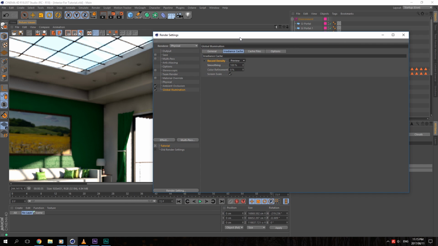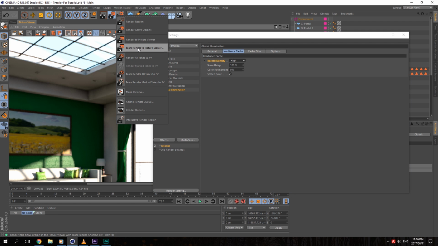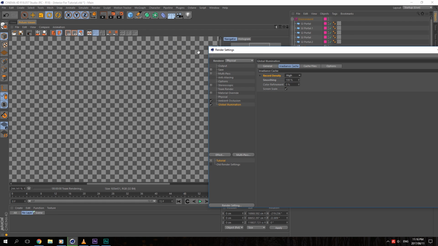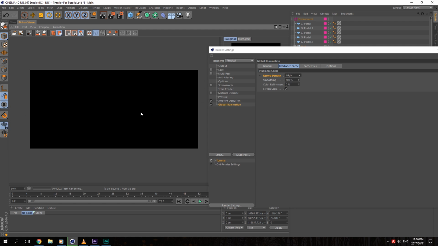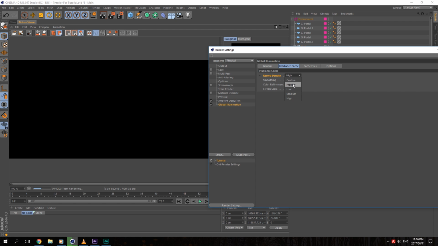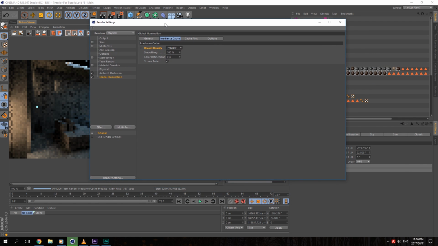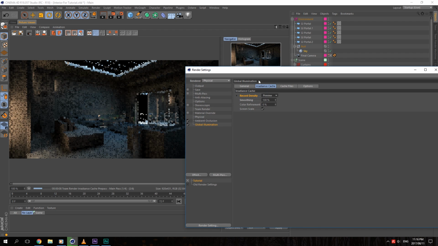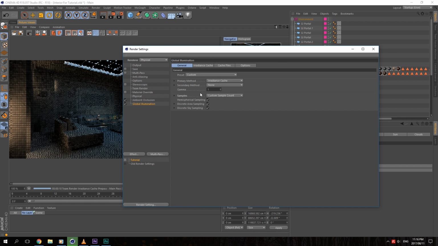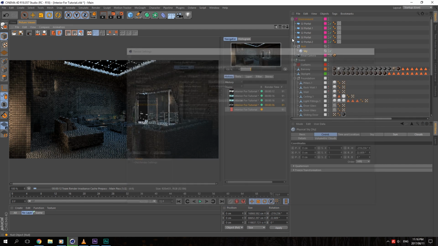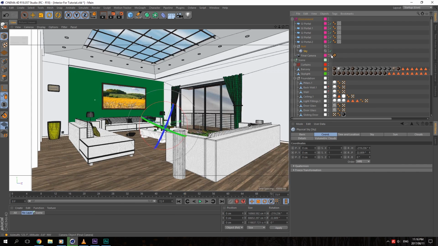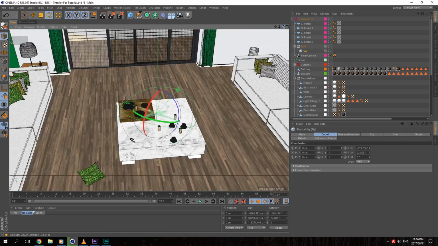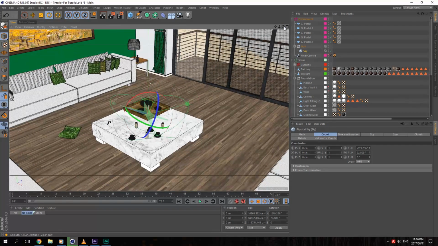But what I found is that really increases your render time. So I'm going to do a render test now, and I'll show you what I'm talking about. It'll make your renders take so long. Now, I'm going to try and fix that without having to do that. I'm going to go and add in light mapping. What light mapping does is it basically makes your scene brighter if you want the most basic example, but